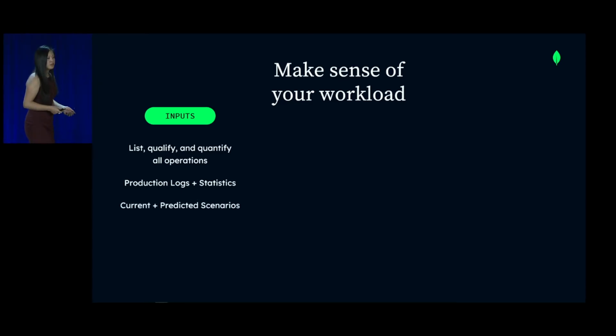Next are current and predicted scenarios. Just as I mentioned, you think you know your application, you've been working on it for a while, you're in the weeds of it, and you say, this is usually the only thing that could happen in this application, right? This is the best happy path that is always going to occur. It is never going to do this. It should never jump to this function. It should never go here.